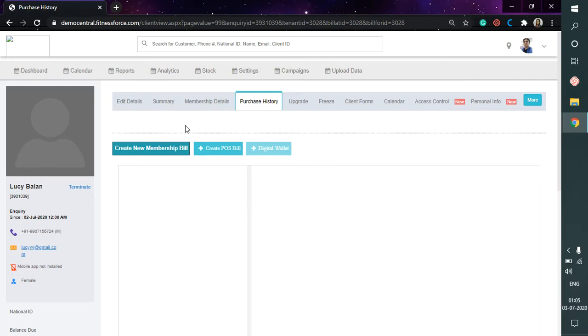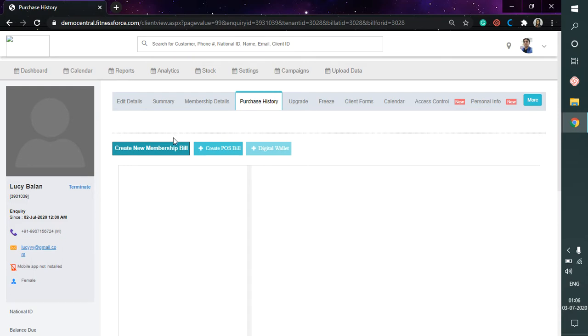Let us understand about the expected follow-up type in the Fitness Post software. Expected follow-up is a type of follow-up that should be opened only if you're expecting part payment from the client while creating the invoice. Let's say this client named Lucy wants to join my gym and wishes to purchase a 12-month personal training session worth Rs 4,500.